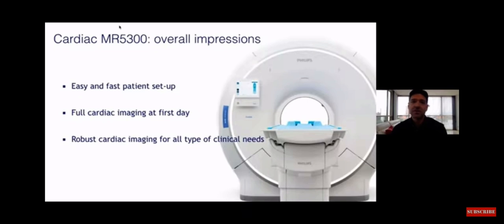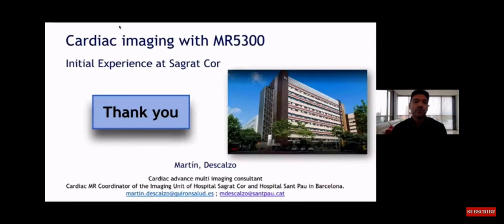So to wrap up, I would say that cardiac MRI is a unique study that has high impact in patient management, but to do so, MRI needs to adapt to patients' complexity. And I really believe that the 5300 Philips MRI has great qualities in this way. Easy and fast patient setup, very robust sequences, and in the very first day with minimal adjustments, we organized almost every cardiac protocol with these excellent quality images I just shared with you. And even more relevant, it has the entire wide range of consistent sequences needed to cover all the clinical needs. So what about the future? Maybe the next step is to make CMR more available in terms